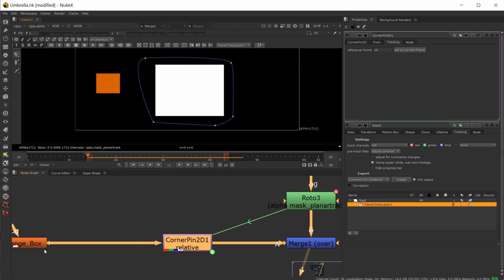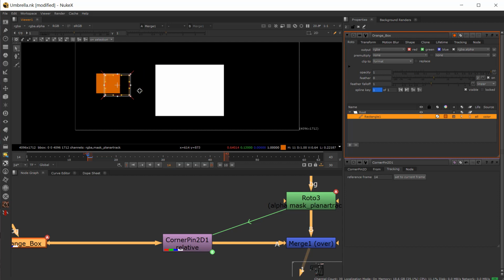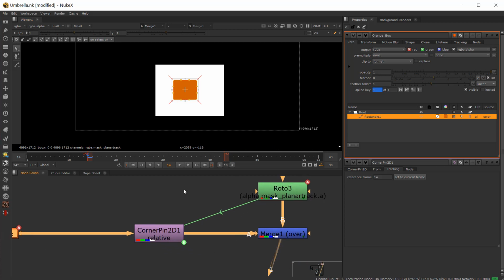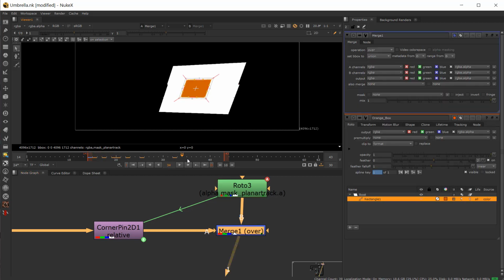In fact, it's probably a better idea to, if I come to this actual cube here, to get this, it should be intentionally better off in here. You can get some really shaky results on stuff a little bit too far from the area, since it's sort of extrapolating the information out here. It's the same way trackers can get shaky results on things very close to the camera during a track that weren't tracked in the actual tracker. So whatever you're going to put somewhere, make sure you're tracking the area from which the object will actually be sitting. So let's go ahead and take a look at what we got now,